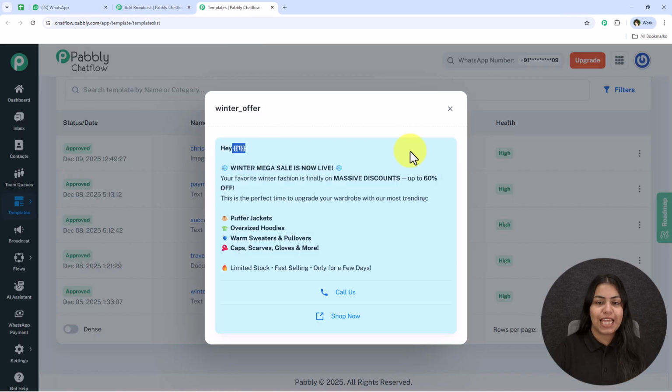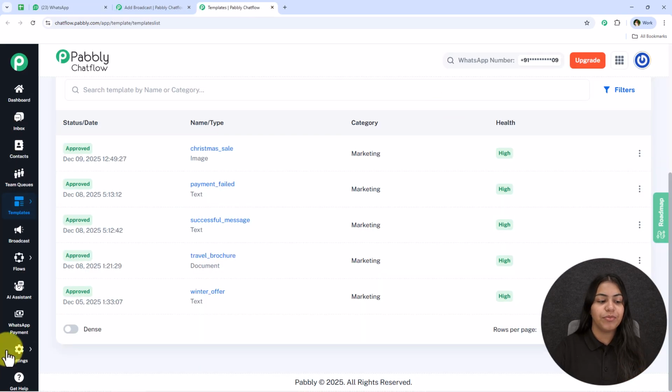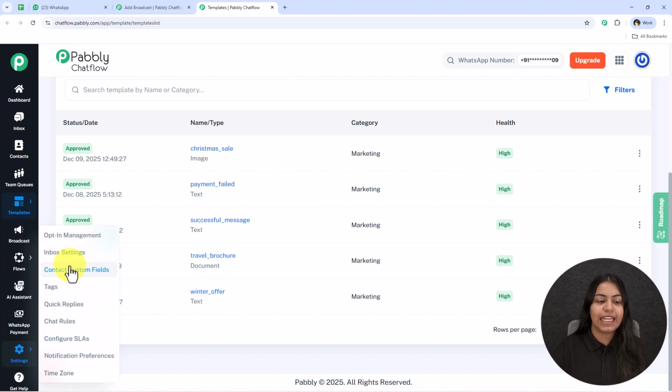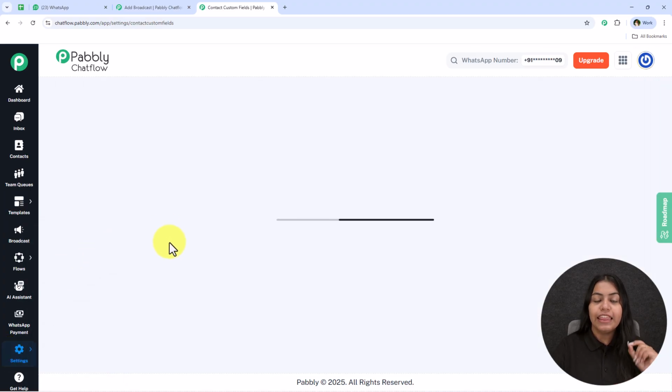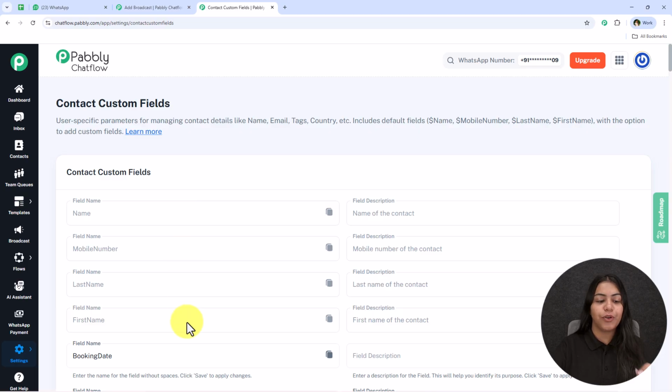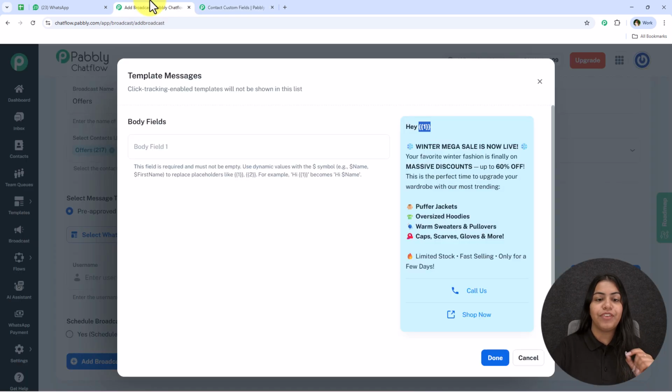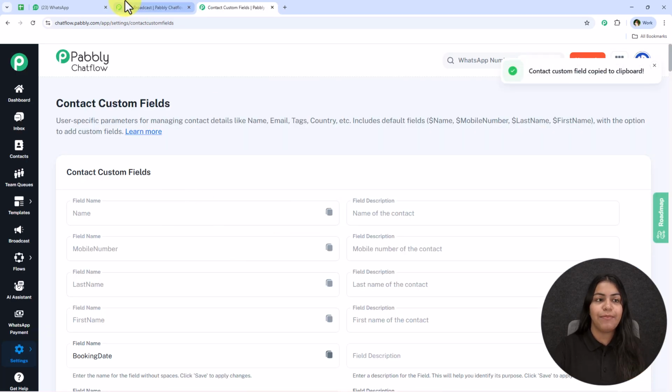And I want to replace this one with the name of my lead or the customer every time I send an automated WhatsApp message. So what we have to do is from the left hand side, we have to go towards the settings and then contact custom field. Now, if you have created a new account, these 4 contact custom fields are universal and will be added in your account automatically. If you wish to add the name in front of this, hey, you just have to create the template with curly brackets one in it, and you have to copy this field name and paste it